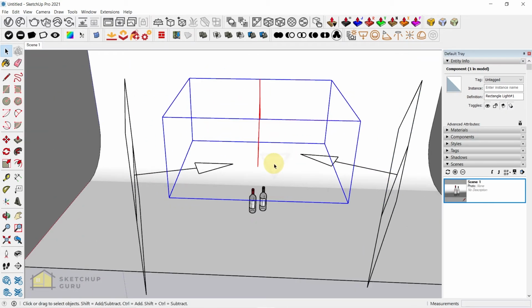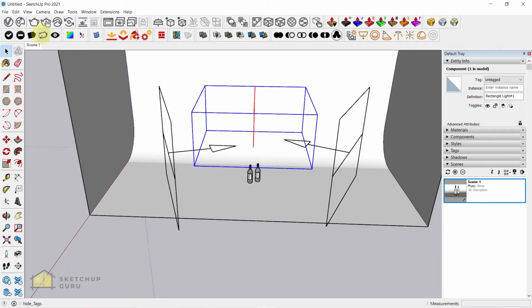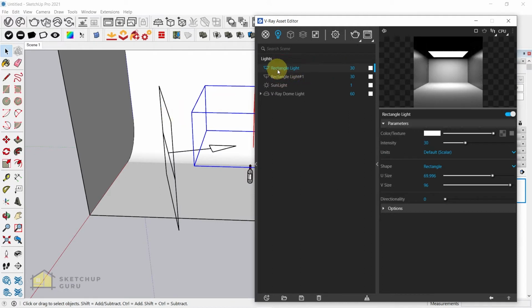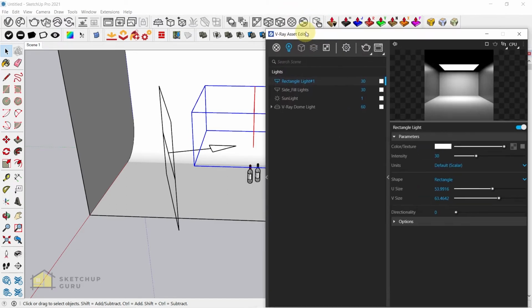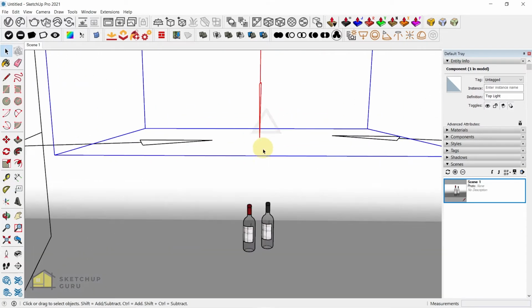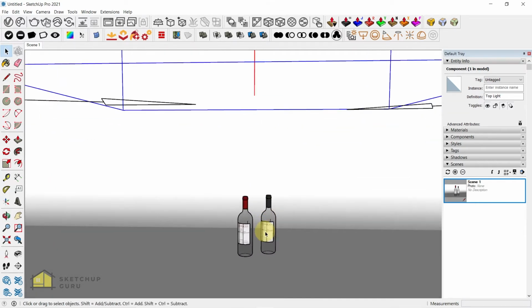So once you placed your lights, it's a good idea to rename these lights. So I'm going to go to my asset editor, go to lights, and these are the various lights that I've placed. So these are the side lights. So I'm going to right click and click on rename, call this fill light, side fill lights. And this is my main light or the top light. So as you can see, they have a background, a main or key light on top, and some filler lights on the sides. So the better you mimic a real life studio, the better results you get in V-Ray as well. So once you set up the lights, now we can adjust the settings in V-Ray as well.